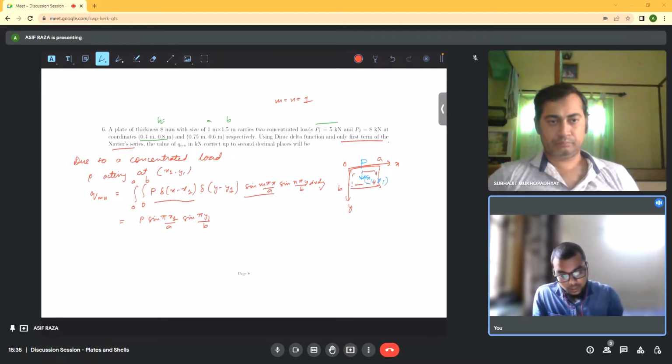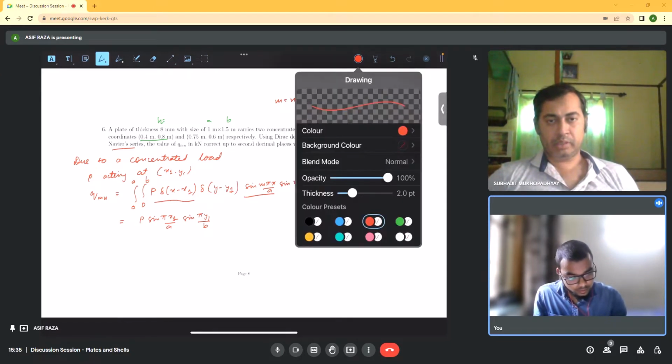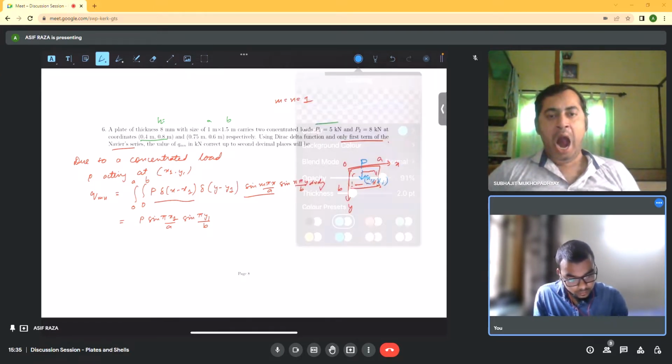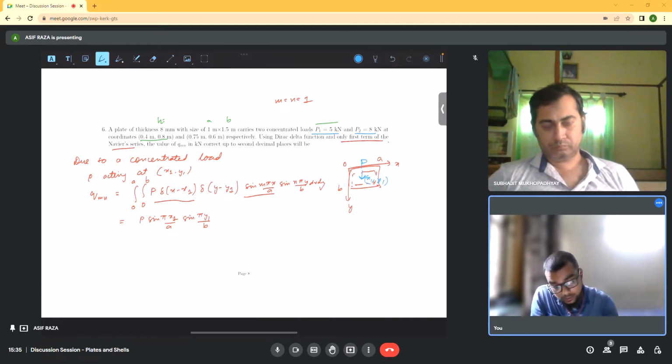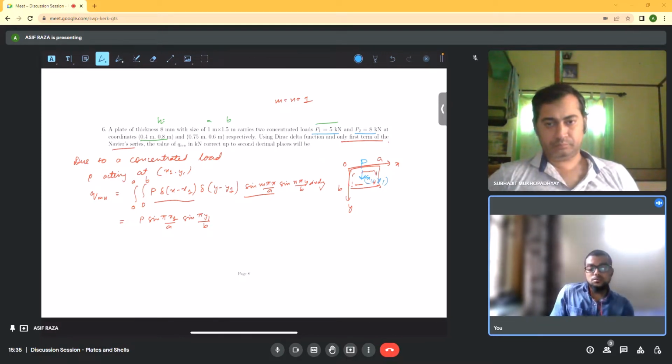Now we are given two concentrated forces P1 and P2 with different loading coordinates. So with the use of the principle of superposition, let's take